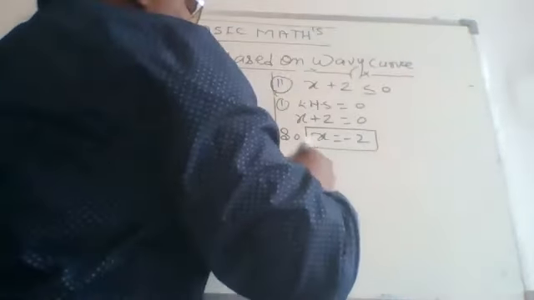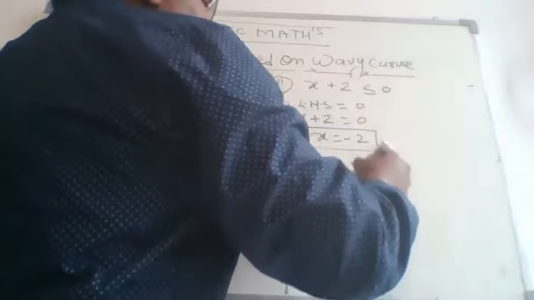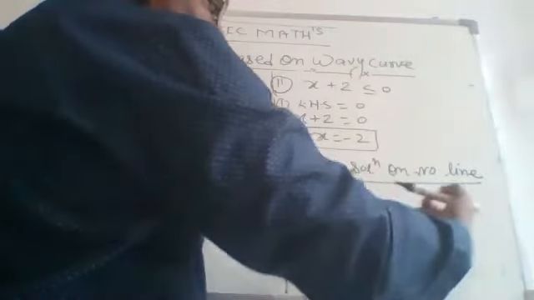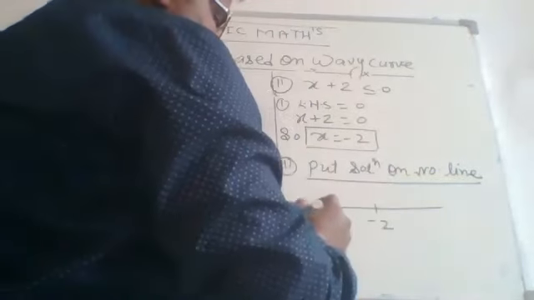Now what is the second step? Put the solution on the number line. We have to put the solution on the number line over here. When we put the solution on the number line, then what do we get? We have to put -2. Only one solution is there. Then we put it anywhere on the number line like this. Minus infinity is over here, plus infinity is over here.